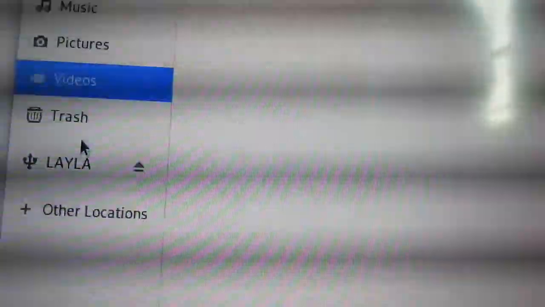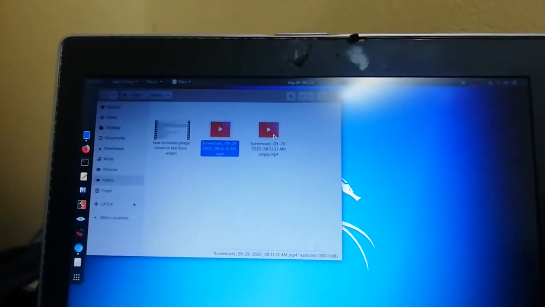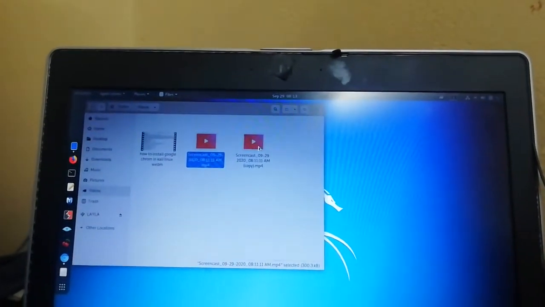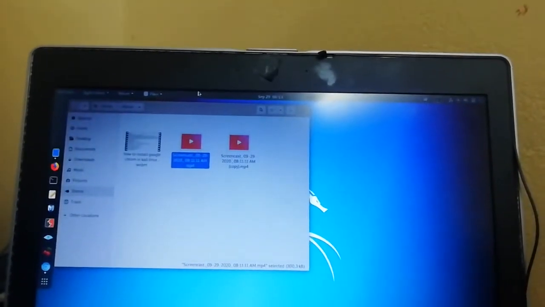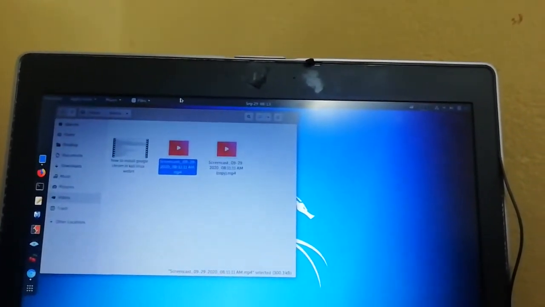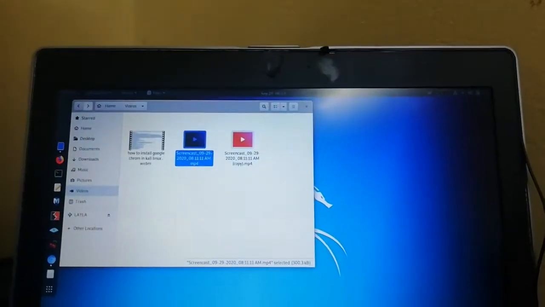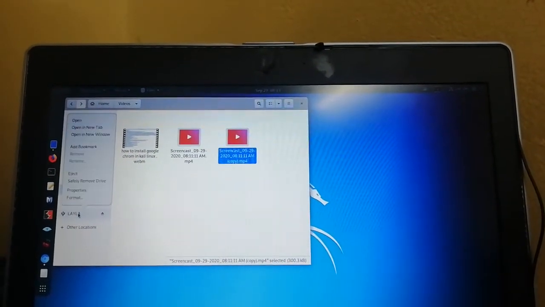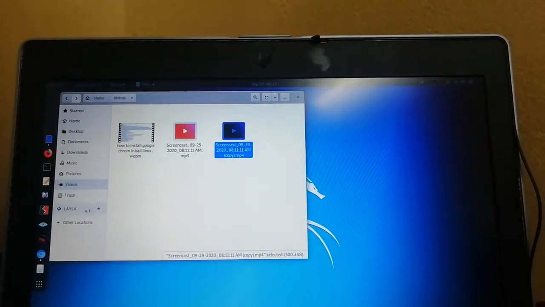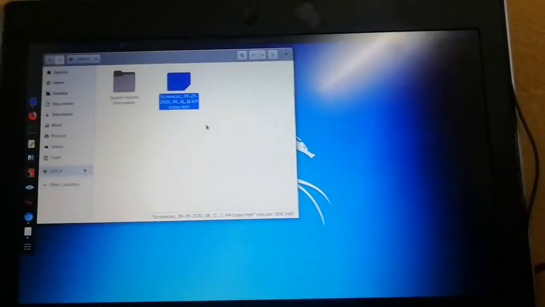It doesn't want to select the stick. I wonder why. I'll take it out, put it back. Cancel here, and copy this, paste it in there. After pasting that,